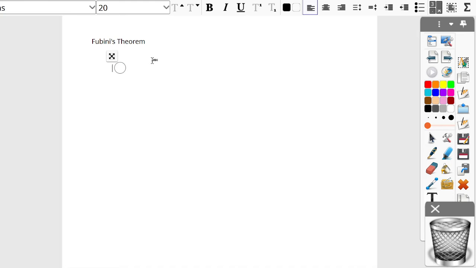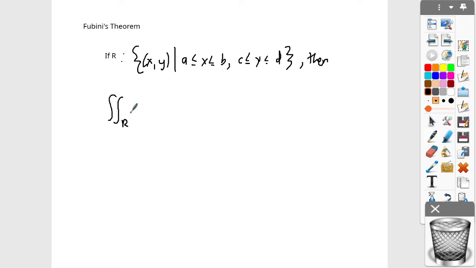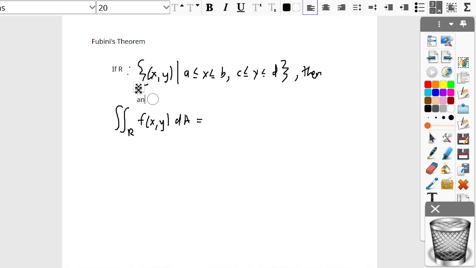What does Fubini's theorem say? Fubini's theorem says if R is all of the points x, y such that a is less than or equal to x is less than or equal to b, and c is less than or equal to y is less than or equal to d, and f of x, y is continuous, which you should assume it already is, then